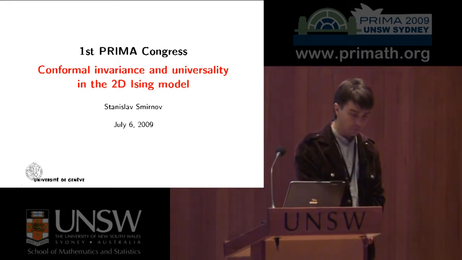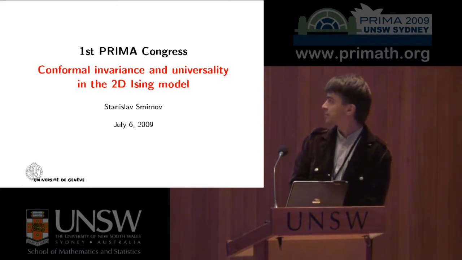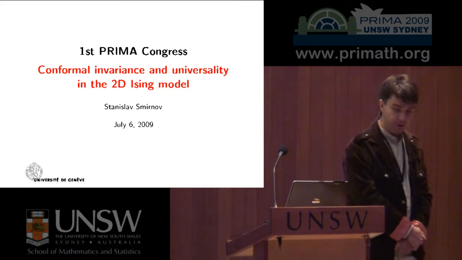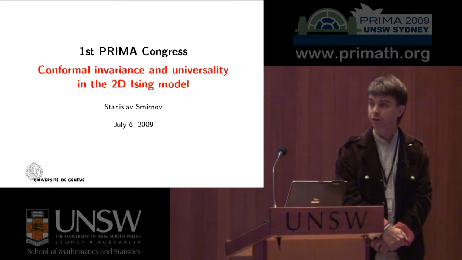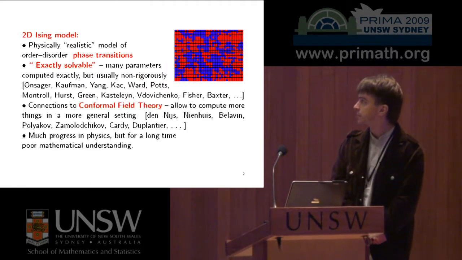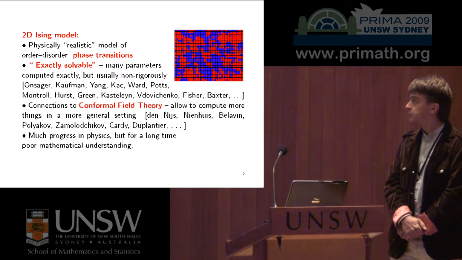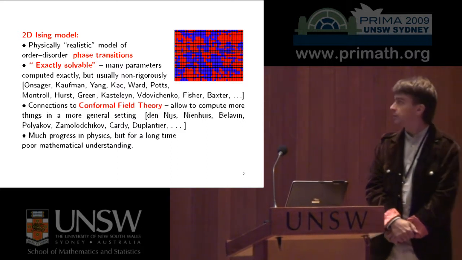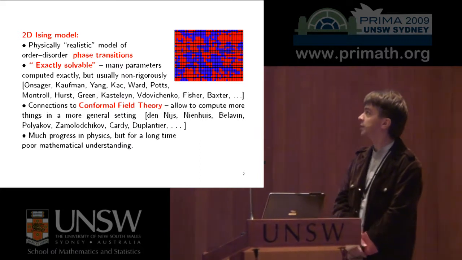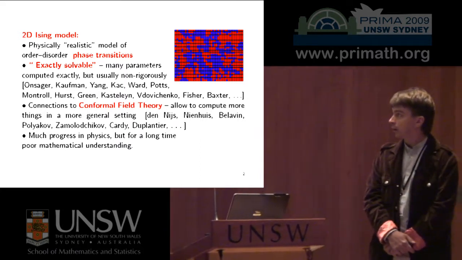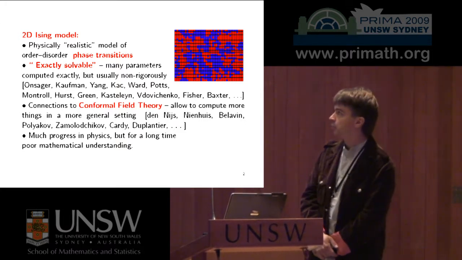Before I say what I mean by conformal invariance and universality, I want to say a bit about what the Ising model is. And in a sense, the topic of this talk is wider. It concerns itself with a great variety of two-dimensional models. We come to definitions in a few moments, but one should think about random coloring of a lattice like one in this picture. And there are, with certain simple rules, again we'll come to this in a few minutes,